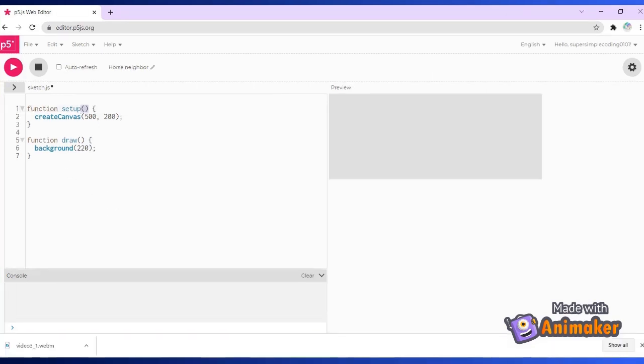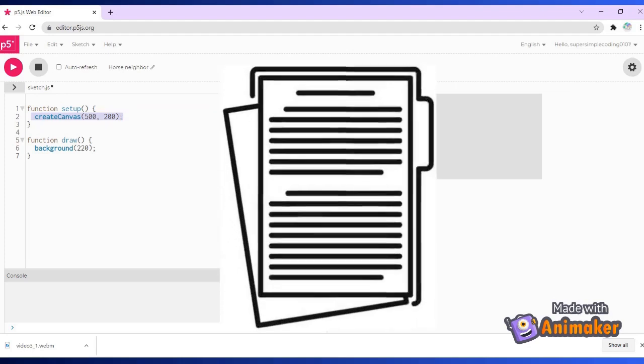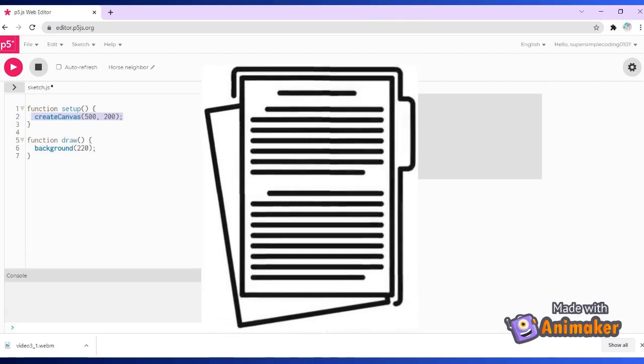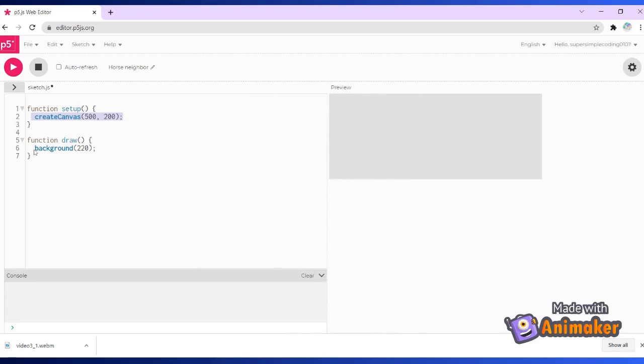Now talking about these curly brackets, these are used to signify the start and the end of a block of code. Oopsie, another new term. Well, we will talk about code blocks as well in detail in some other section. As of now, you can think of it as the starting and the end of a normal paragraph of any essay. So these statements inside these curly brackets, they are all related. So it's like a paragraph. And then over here, all the statements are related too. So function draw is the task where we ask the computer to draw things. What to draw is written inside these curly brackets.